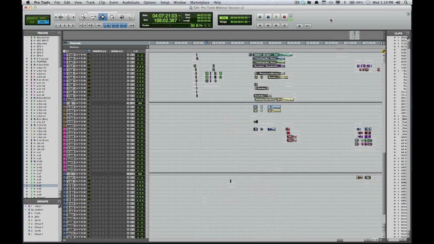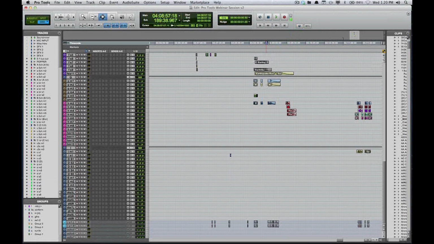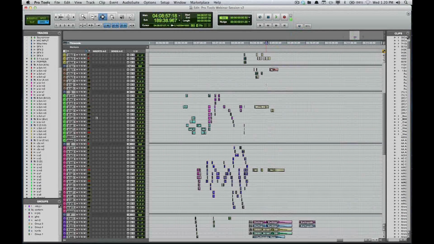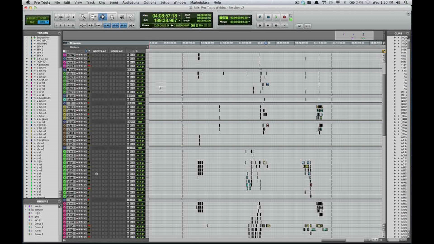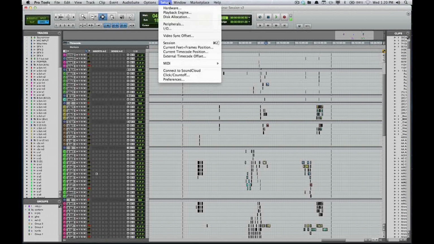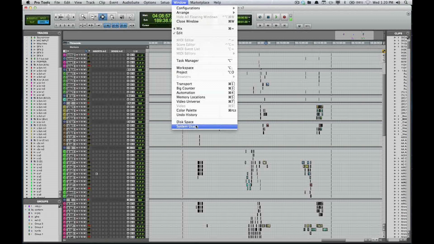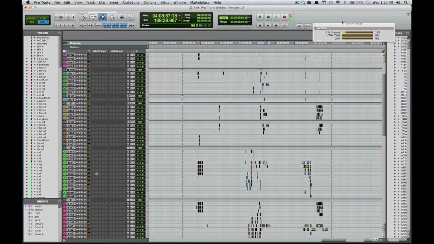That's one thing, I'm running all native right now. Just so you guys know, the reason I didn't talk about the session and the computer I'm using is because it's super fast. It's much more efficient in using the available resources. Large session here, plenty of sound effects, plenty of files. I don't have really any plugins going on. But if I go into Setup, Window, System Usage, I'm using 11% of the CPU.